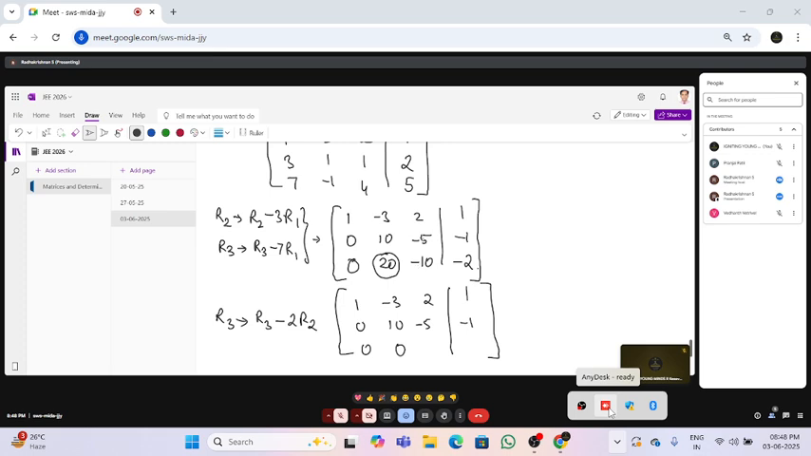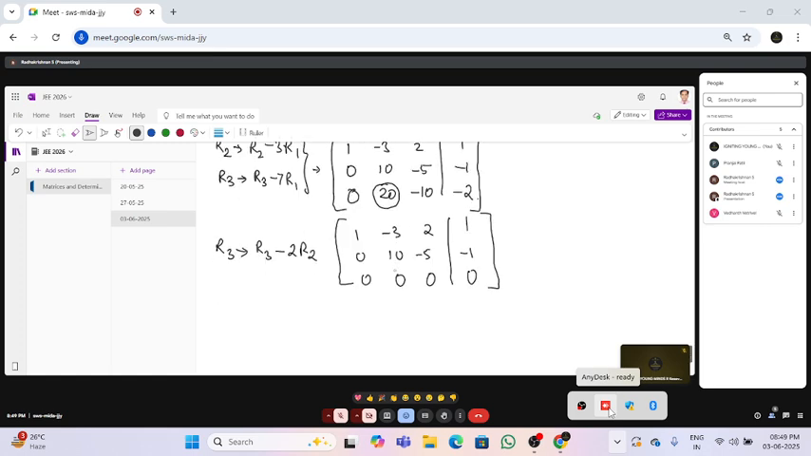0, minus 10, minus 2 into minus 5 is again 0. This one also becomes 0. Yes, right? Minus 2, minus 2 into minus 1. So minus 2 plus 2, 0. So now you see this rank of